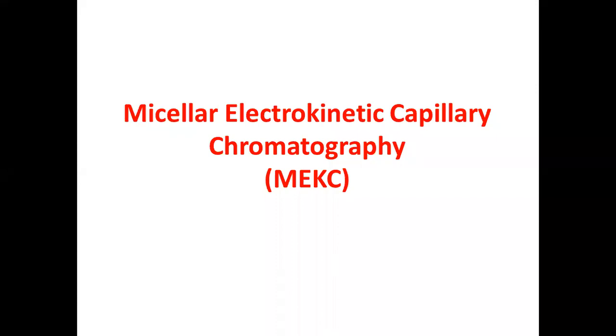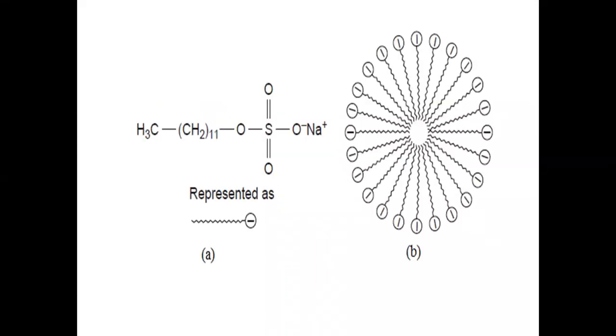The principle remains the same in micellar electrokinetic capillary chromatography, shortly denoted as MEKC, which will also utilize a capillary tube, a buffer, a cathode and anode, which will also need electrical energy to be applied, and which will also have electrophoretic mobility and electroosmotic mobility. So why do we call this micellar electrokinetic capillary chromatography? It is suitable for the separation of neutrals. What exactly will be done in it?